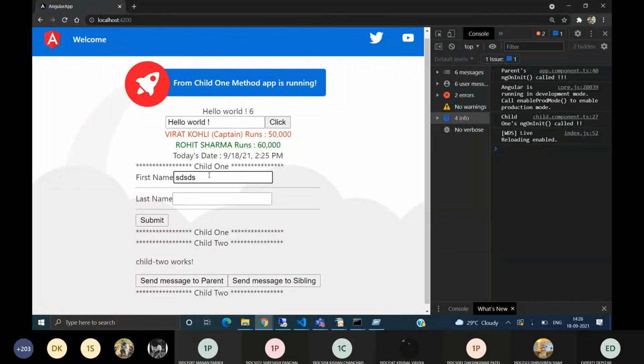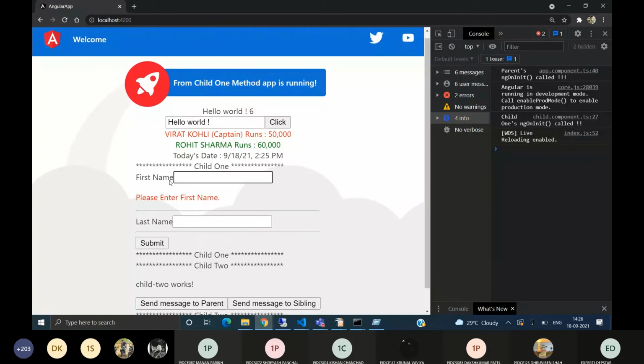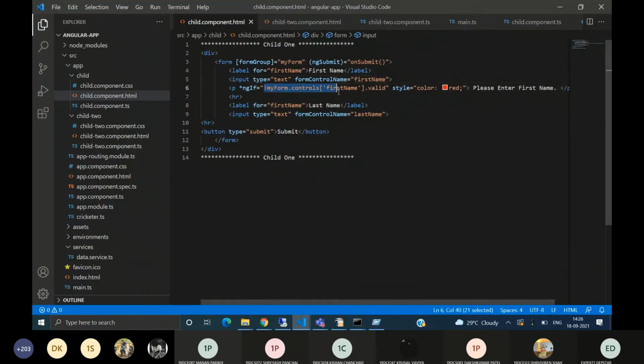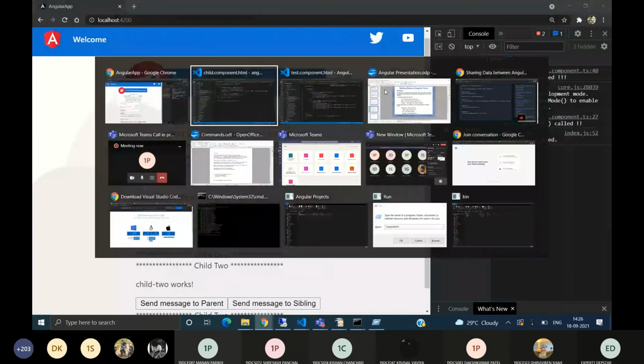And when I write anything here, its value changes in the first name form control. But as soon as I remove it, this property becomes true, because the control in my form group named first name has valid as false. This becomes false.